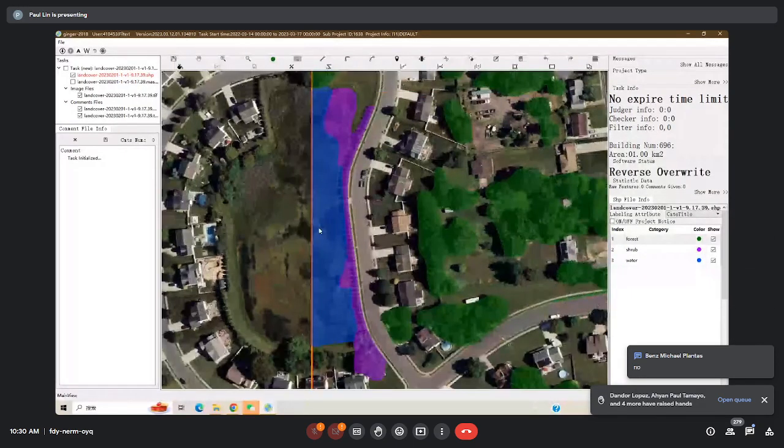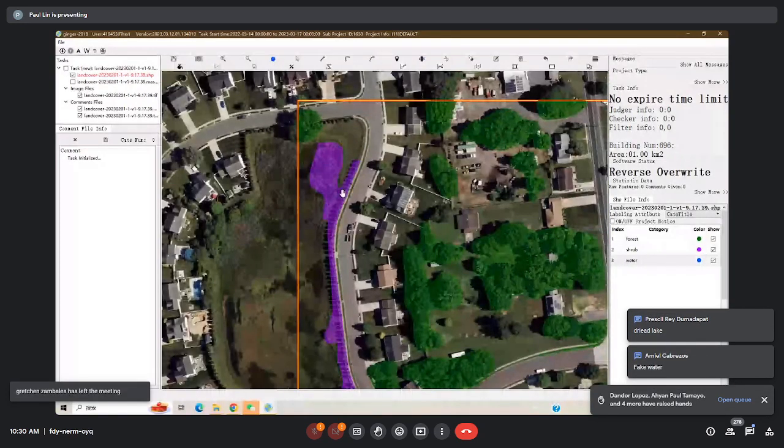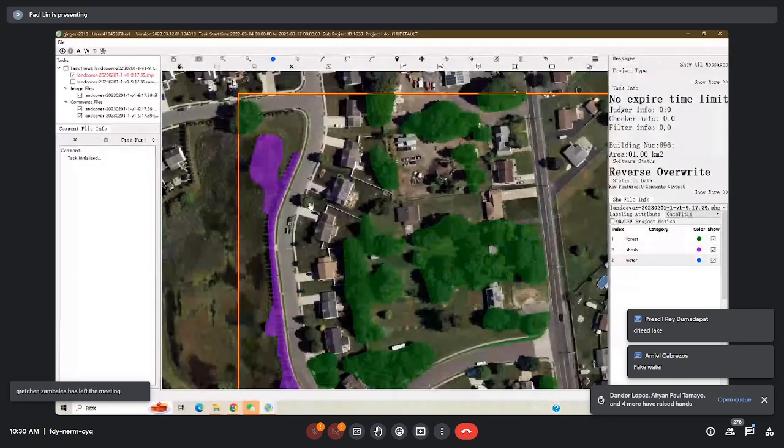You are right. I will just delete it. All right, I'll just delete it. It's a dried pond, this is not water. And as a filter,